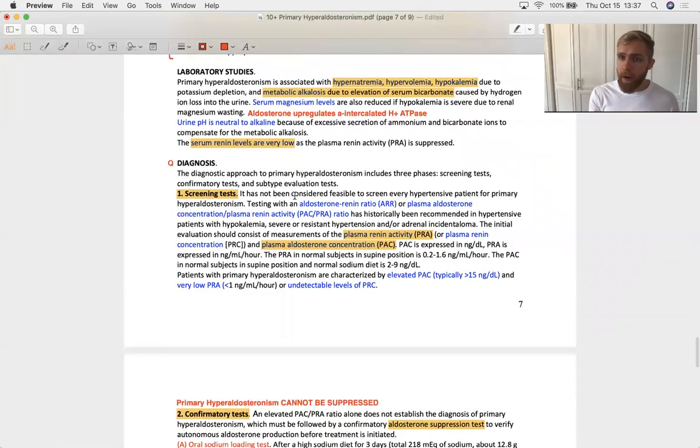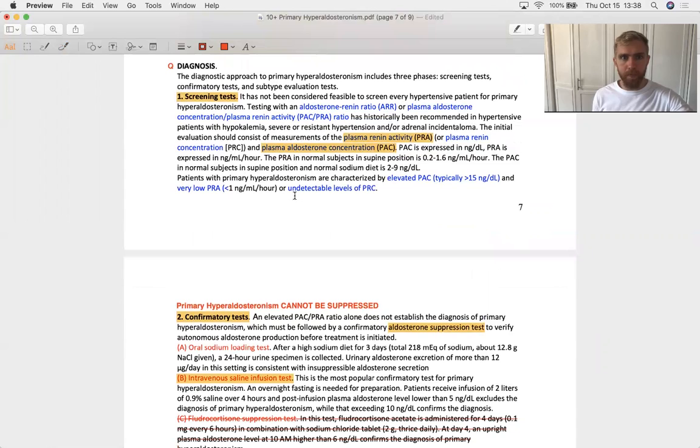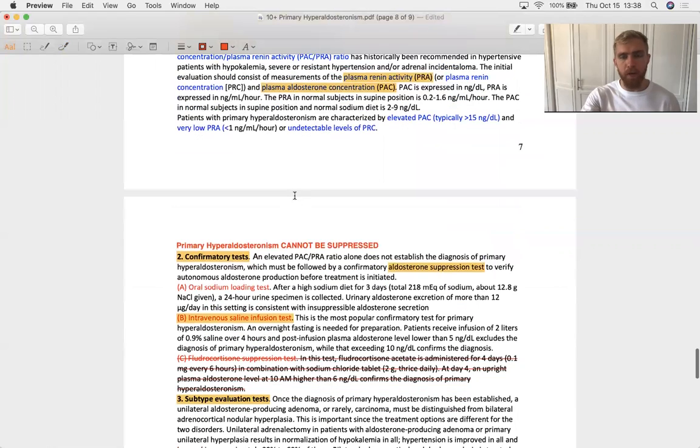Lab studies: primary hyperaldosteronism, no renin. Renin is so low. Secondary hyperaldosteronism, renin is up, it's through the roof. Easy differential. So the diagnostic approach to primary hyperaldosteronism: you screen for it, you confirm it, and then you differentiate between subtypes. Screening is based on plasma renin activity and plasma aldosterone concentration. Renin is going to be low in these patients who have a high blood pressure if they've got primary